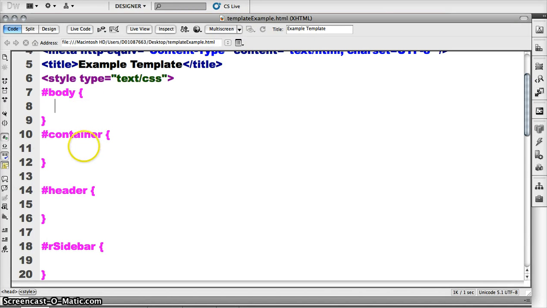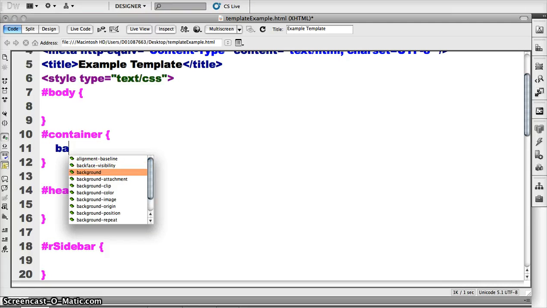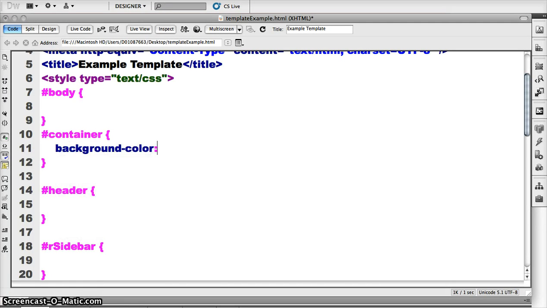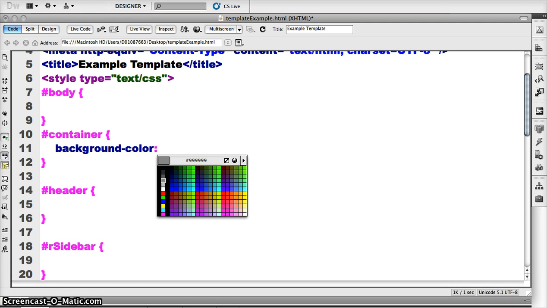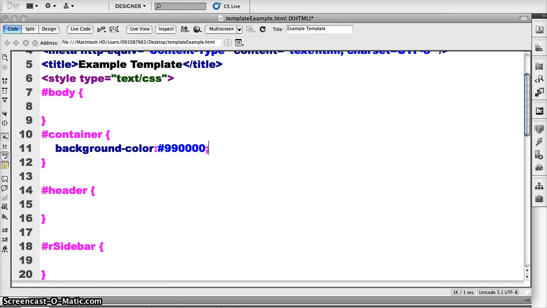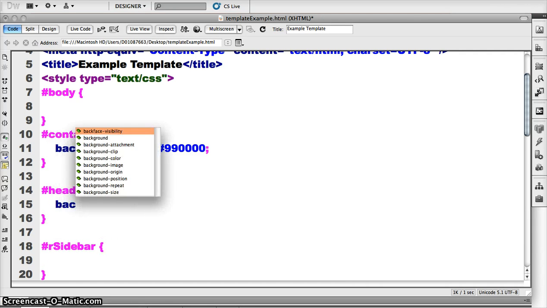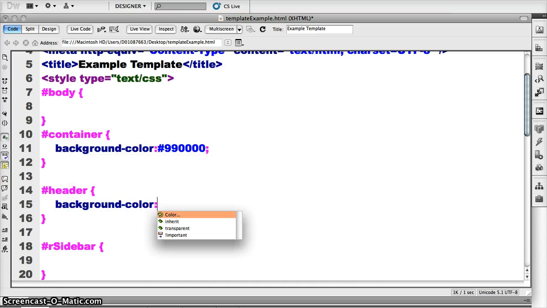I'm going to give the container a background color. I'm not really considering how this is going to look. I'm just thinking about organization purposes. Okay, maroon, beautiful. The header will also get a background color. I think this is a really great way to determine